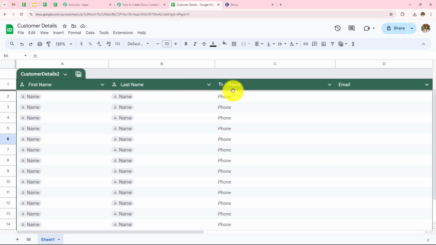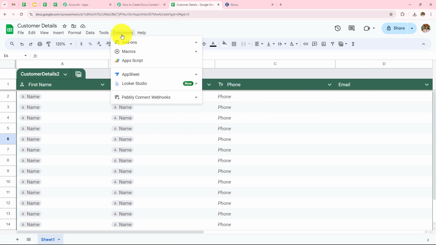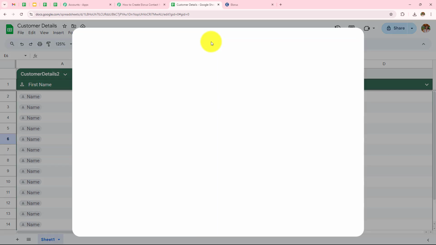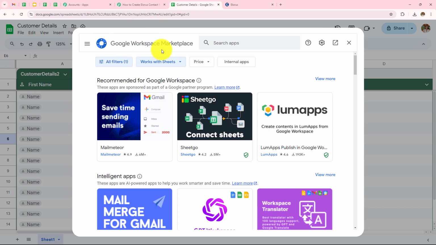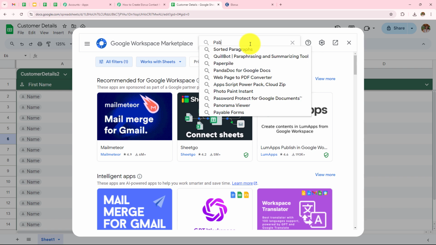This is my Google Sheets by the name customer details and I have maintained this table which has first name, last name, phone number and email address. So over here, I need to first click on extensions and then click on add-ons, then click on get add-ons. And over here, Google Workspace Marketplace has appeared in front of us where we need to search for Pabbly Connect